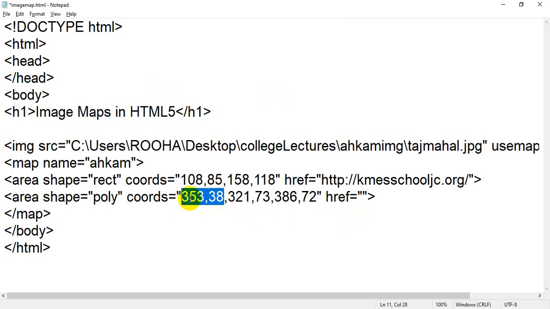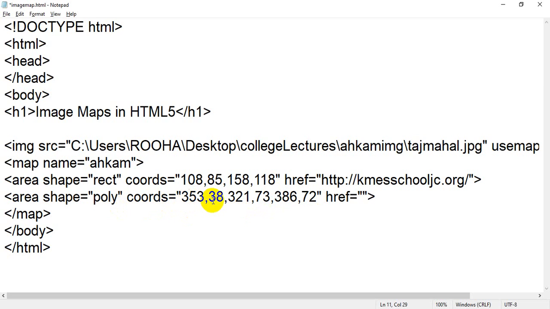The first value is x and the second value is y. Then the second position, 321 is x and 73 is y, and the third position is 386 and 72. So these are the coordinates of the polygon which you have taken.